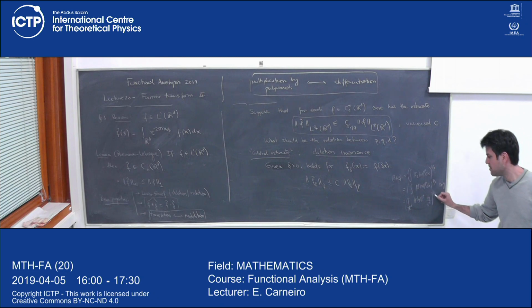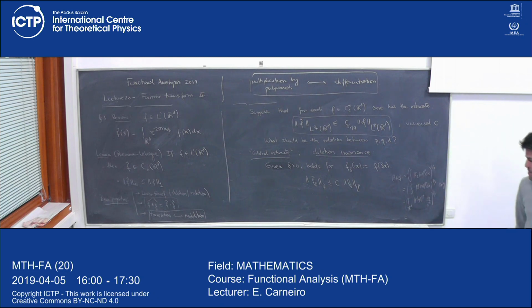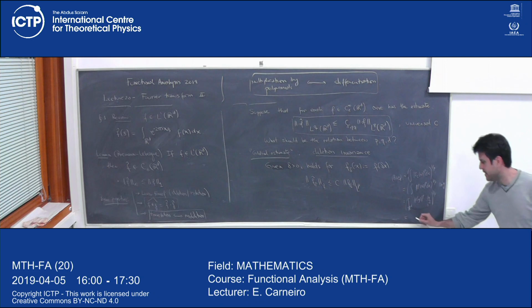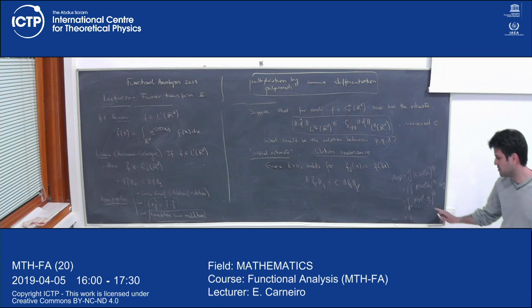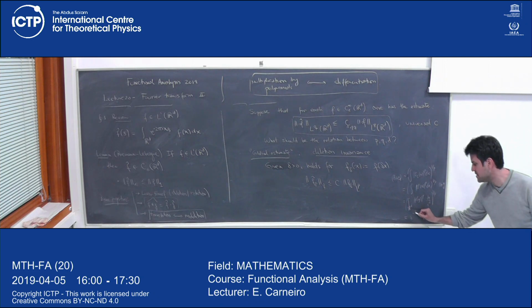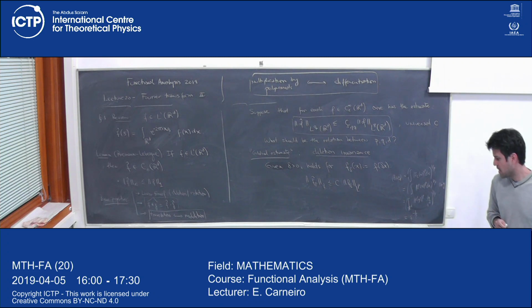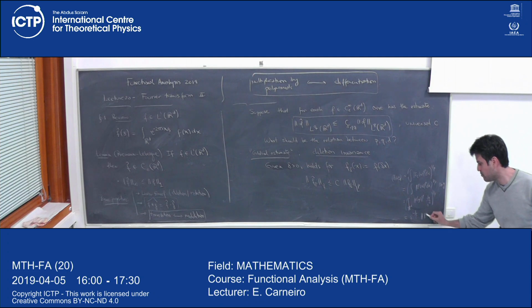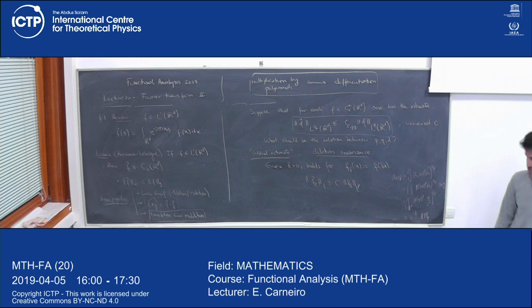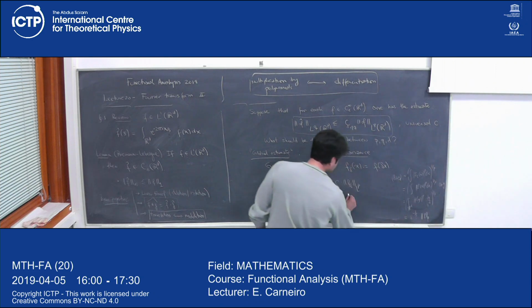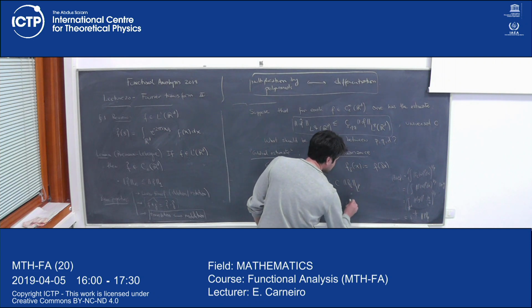Raised to 1 over p. So at the bottom line, this becomes delta to the power minus d over p times the L^p norm of f. Is that okay? Okay, so this guy here is just delta to the minus d over p times the